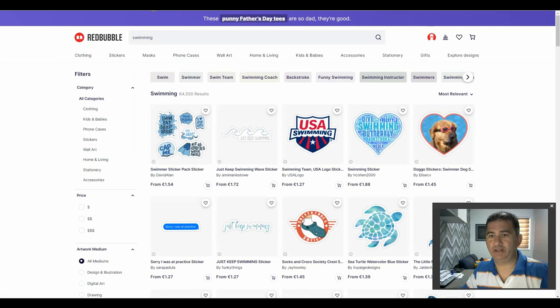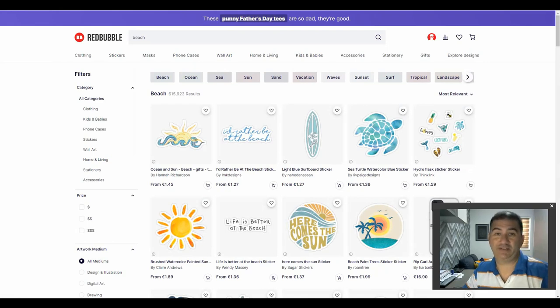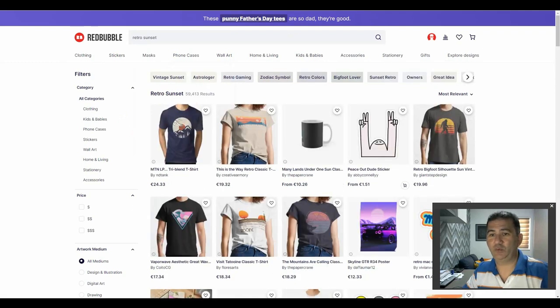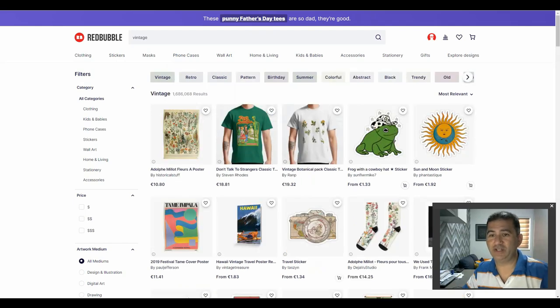The keyword swimming. Now the swimming keyword brought up a little bit better, but again, it is a very large number, 64,550 results. So again, the chances of being found for this particular keyword is once again bleak at best. All right, in terms of the word beach, we took one step worse, 615,000. Let's try palm trees. Palm trees, a little bit better, but still a very large number, 54,000 results. The other one, retro sunset, 59,000 results. And the last one, vintage,